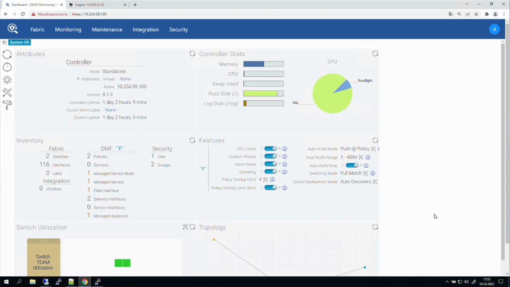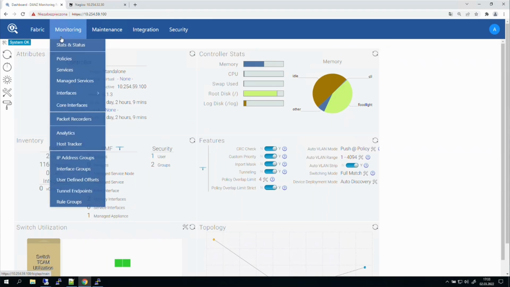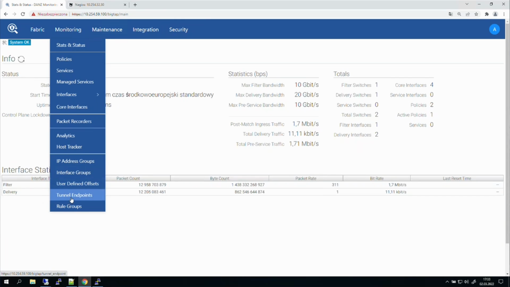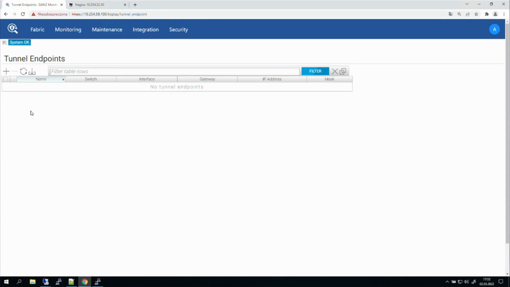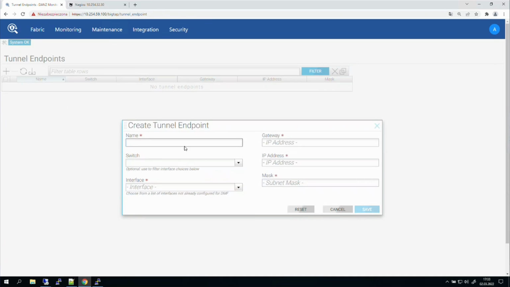So to do this, we need to turn on the tunneling mode on the DMF controller, and after that we can create the tunnel endpoint that the vCenter will connect to and deliver the traffic. So we will name it